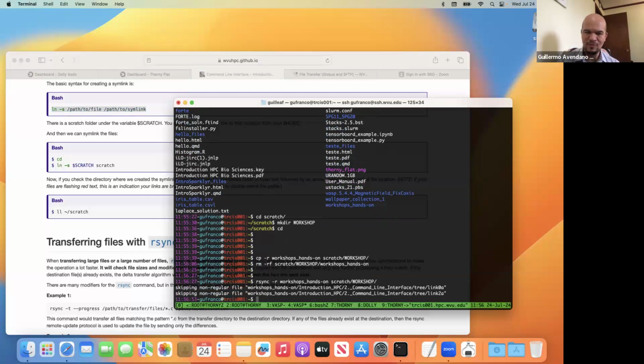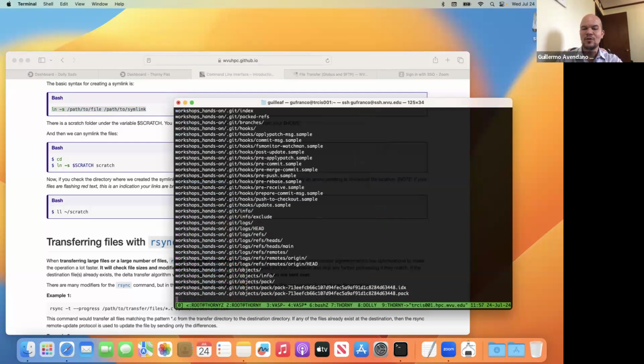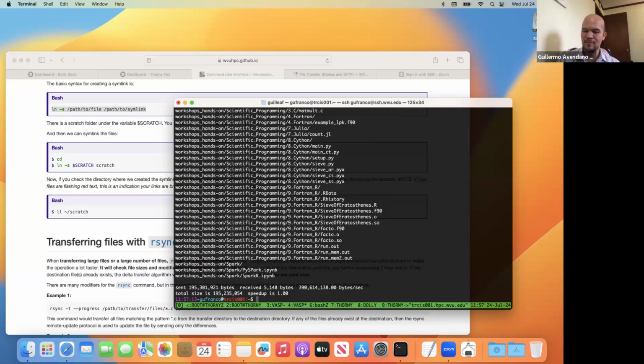It will mention something about some special files that I created for the lessons, so you will see why it's doing that. Those are symbolic links. Or you can use this special command. That's the reason why I'm showing you this,